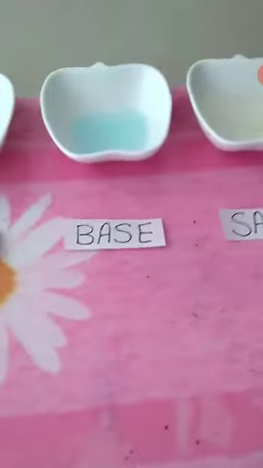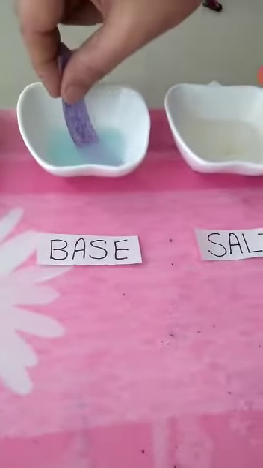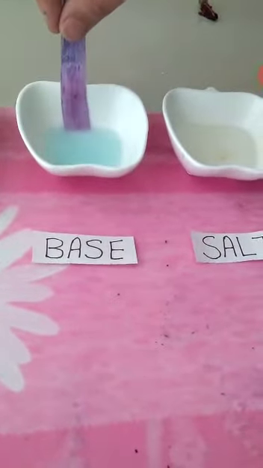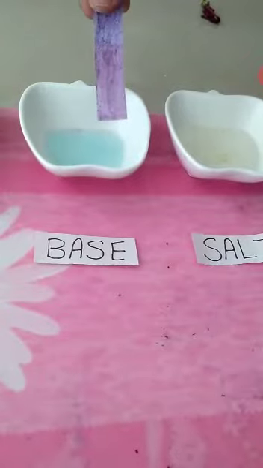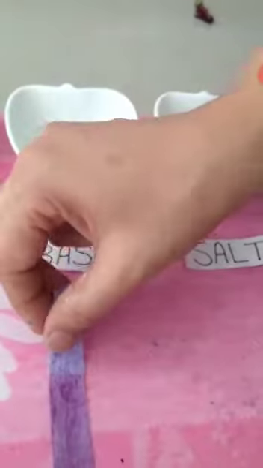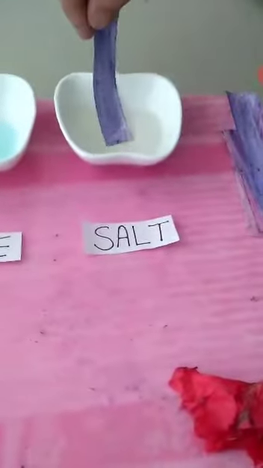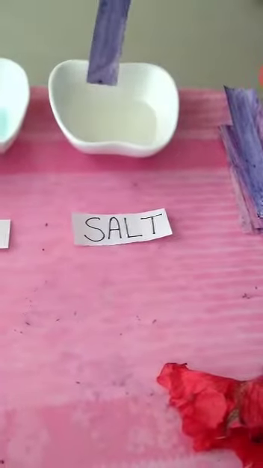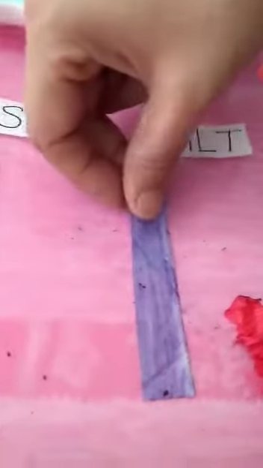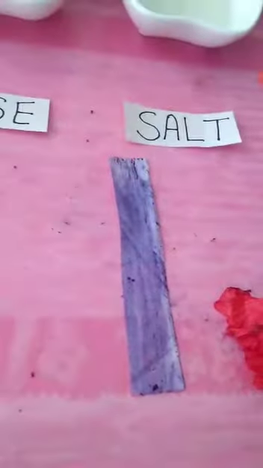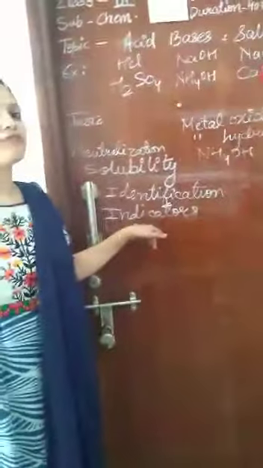The blue strip remains colorless on dipping it into a base, and the blue strip again remains colorless on dipping it into salt. So children, there are three indicators by which we can find out whether the substance is acid, base or salt, and those